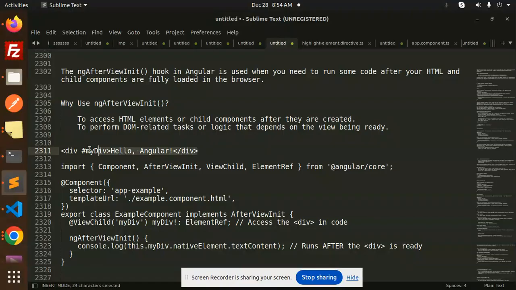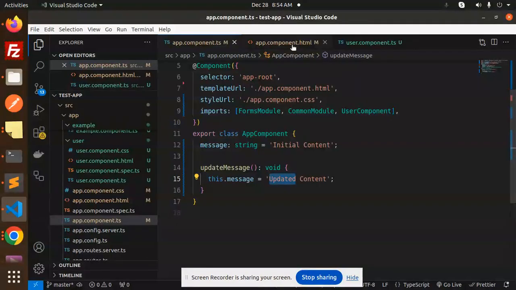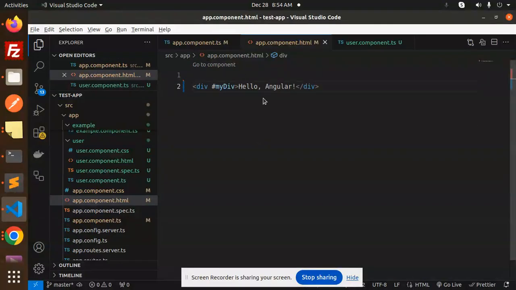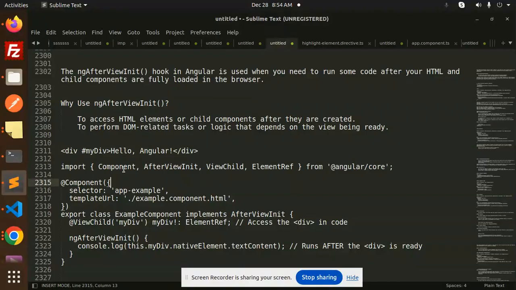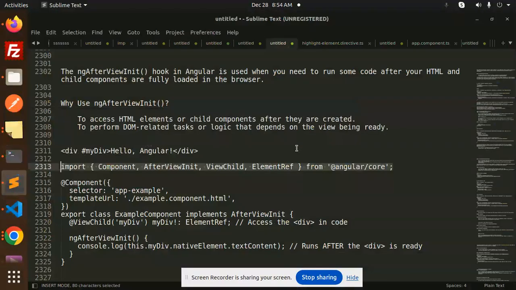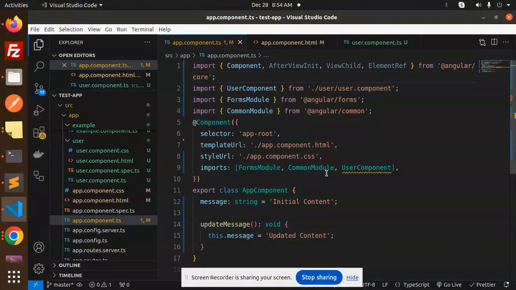Here you can see a simple one: we have the view, which is a div, so the view is ready. I'm going to add this div. Now, in our main app component, let's import this. Now I'm going to use export, implements AfterViewInit, and then we have the ngAfterViewInit part,